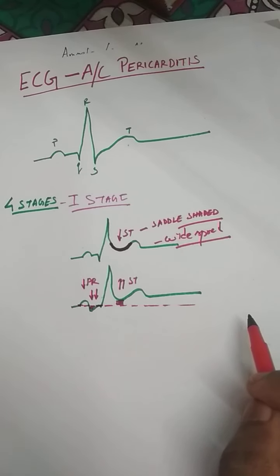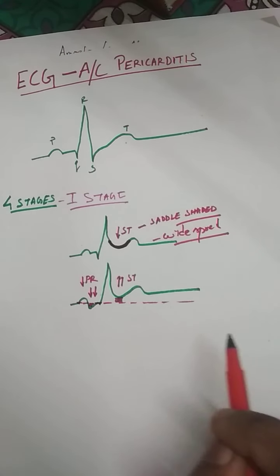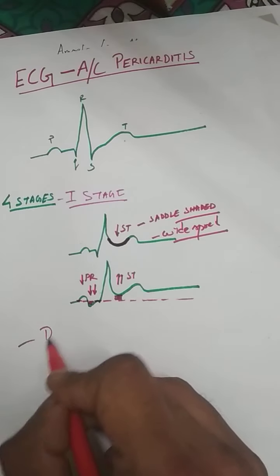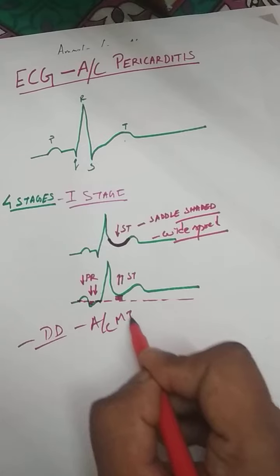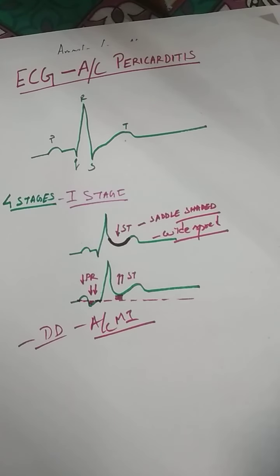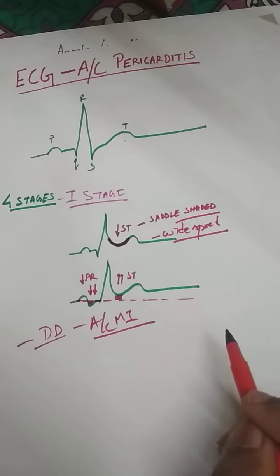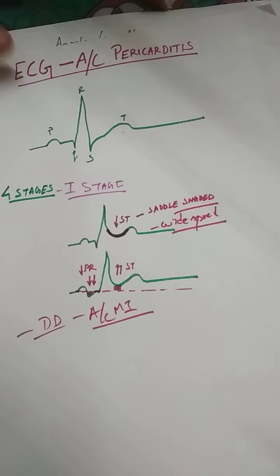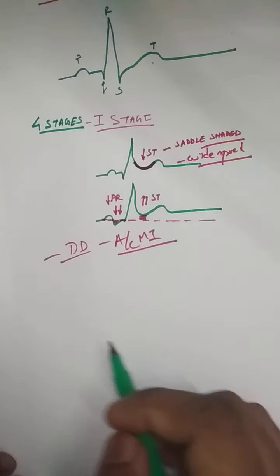One thing we have to know is that the symptoms are very similar to that of myocardial infarction. So the most important differential diagnosis at this stage would be an attack of acute MI or a simple angina, because both will present with retrosternal discomfort and pain, plus the cardiac markers, the CKs and troponins, will also be elevated in pericarditis because of the inflammation of the epicardium. So during this stage one has to differentiate between the ECG changes of myocardial infarction and pericarditis. The main difference is in the ST segment.